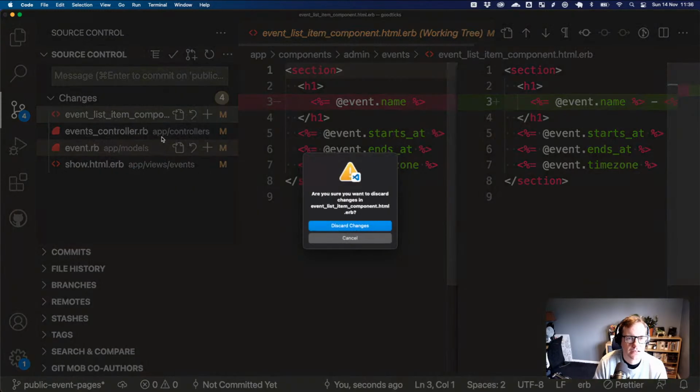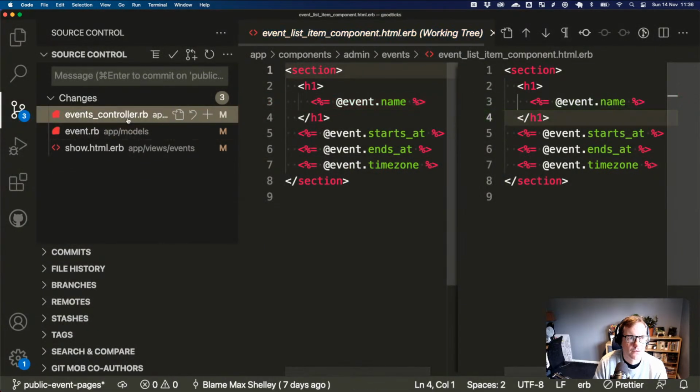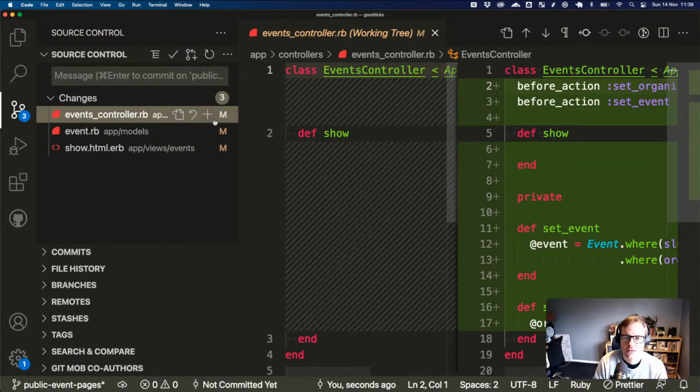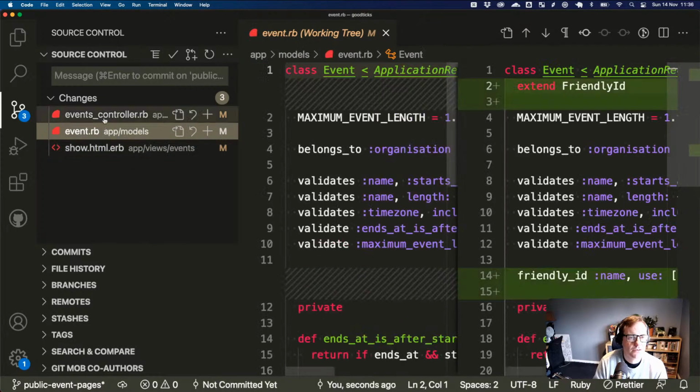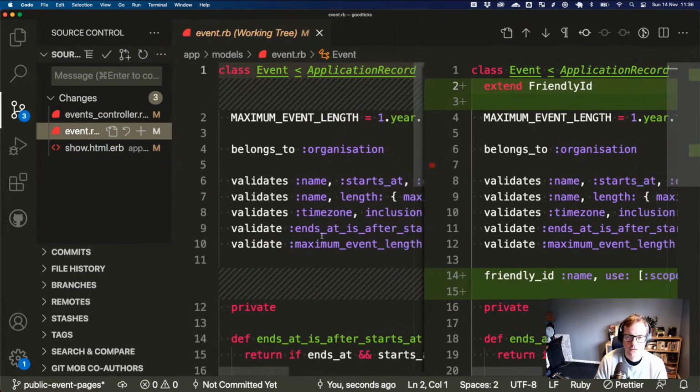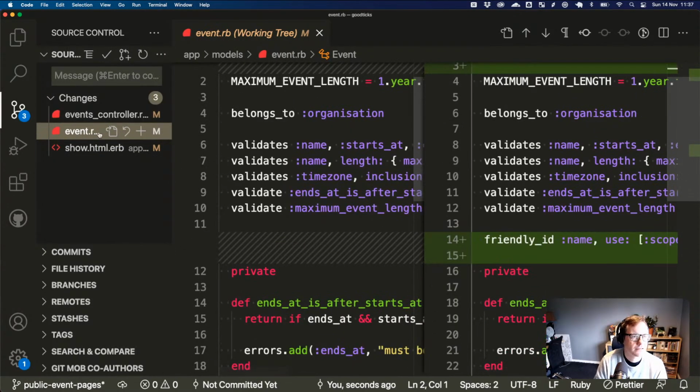So git discard. This is doing the lookups, so we do want that. That's adding the ID. We do want that, and this one is adding something to the view, so we can leave that for now. Right, let's do the model tests. Let's do the model.